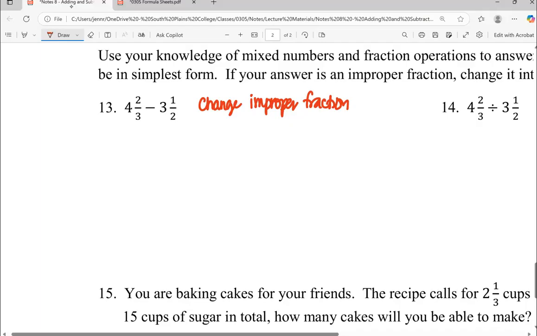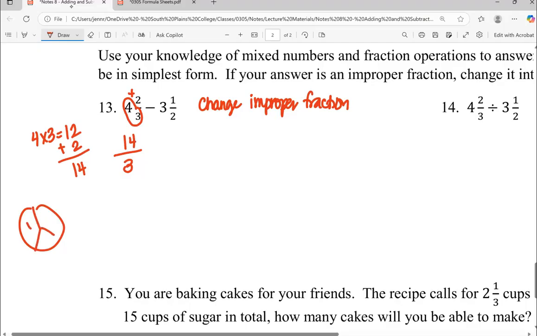So remember, the shortcut way says I need 4 whole groups of 3 each, which gives me 12. Plus I had 2 more parts, so I had 14 parts in all. 14 parts in 3 pieces. Do not leave out that denominator. I had 14 pieces of a third, so I've got to keep that fraction line. And I'm going to subtract that by